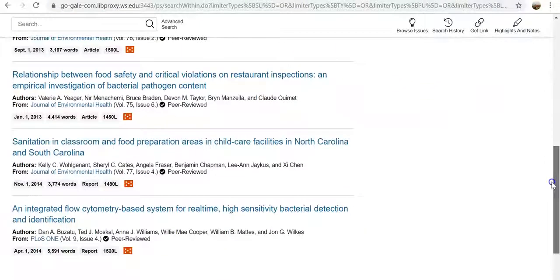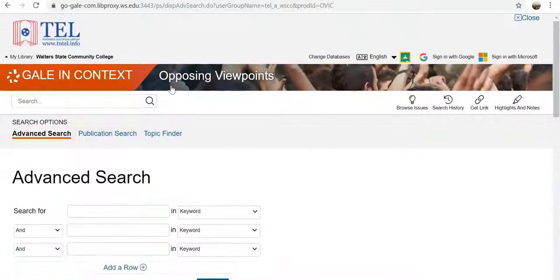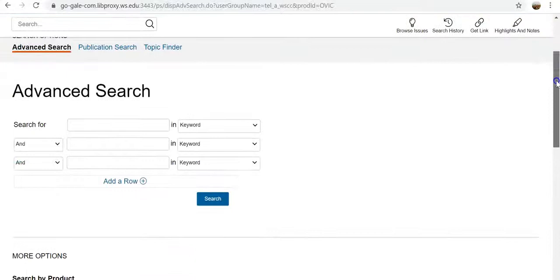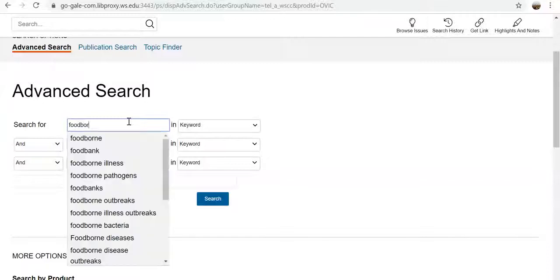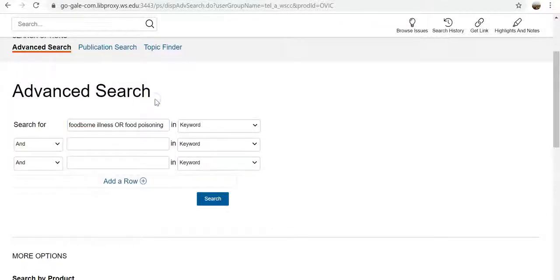So if this doesn't work for you, there's also our advanced search option. So here, if I click on this link, it brings up these boxes, and it lets me use my Boolean operators also in these little drop downs to search as well. So and, or, and not is going to be used to tie our terms together and sort of limit what we're trying to research. So for example, I could put foodborne illness or food poisoning in my first box using or,